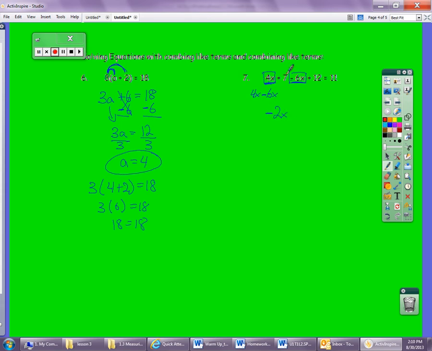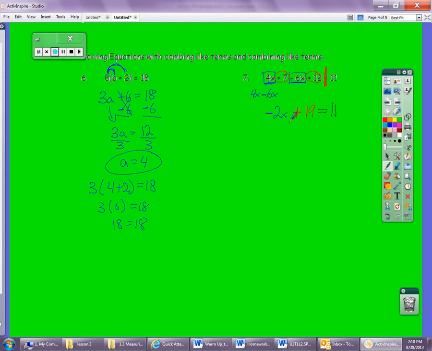And then we have a 7 and a 12. And remember, these are all on the left side of our equation, so that's why we can put them together. That's going to give us a plus 19. And then this all equals 11. So since these were all on the same side, we just put it together, and now we have a nice